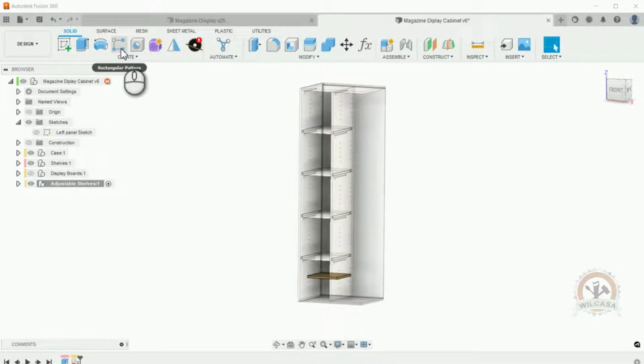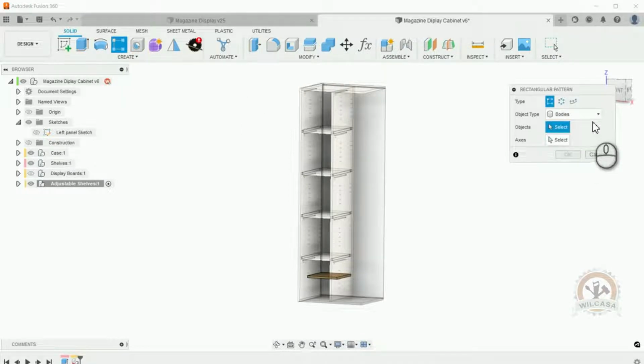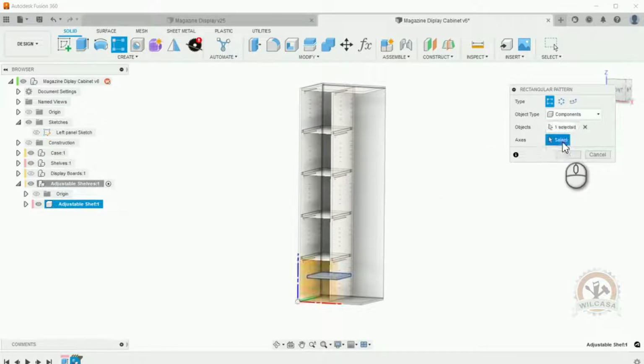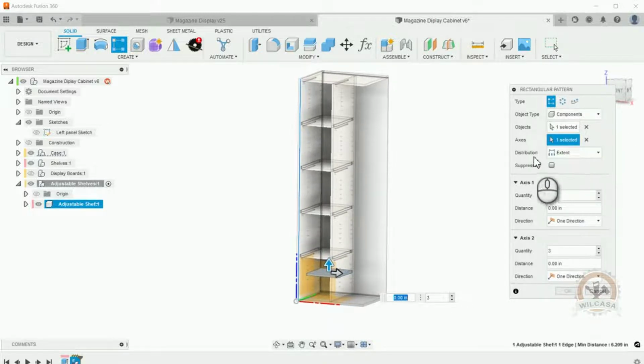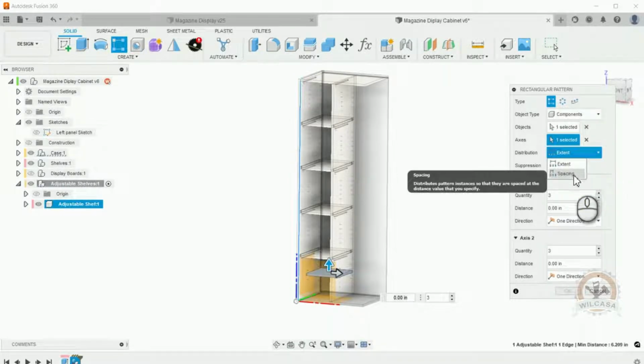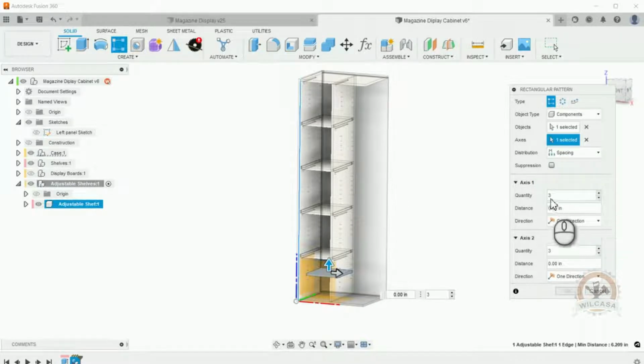For that, I will use the rectangular pattern tool, and in this case I'm going to use the component option, and for the objects, let's select this one. Let me open this. You could see that that one is blue, so it's selected. Then for the axis, I'm going to select this line over here, this edge, and the distribution type is going to be distance. I mean spacing. On the quantity, I'm going to use a parameter which is shelves quantity, and I'm going to